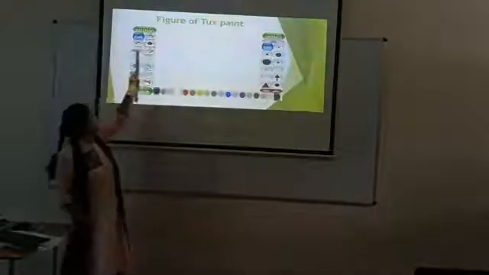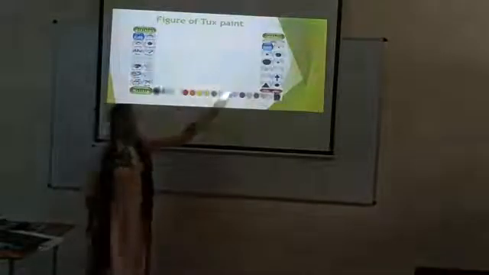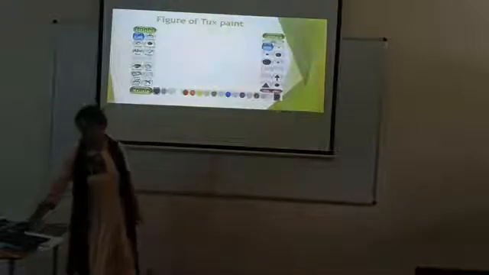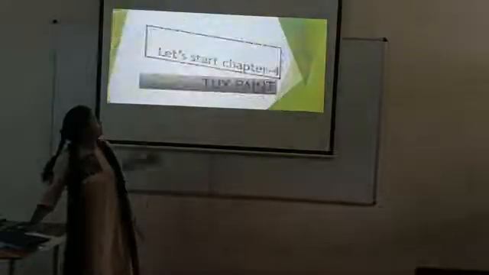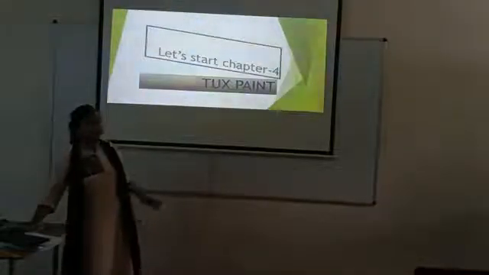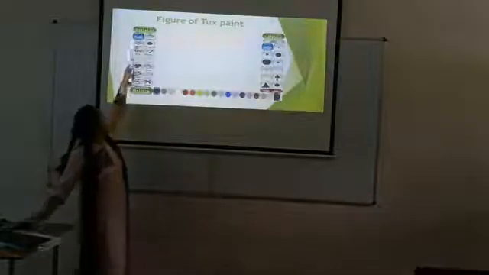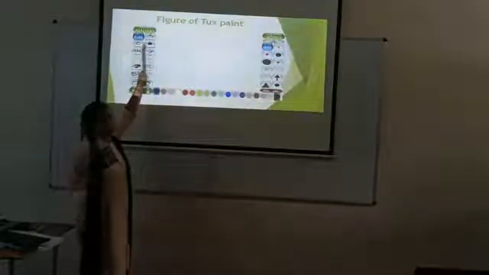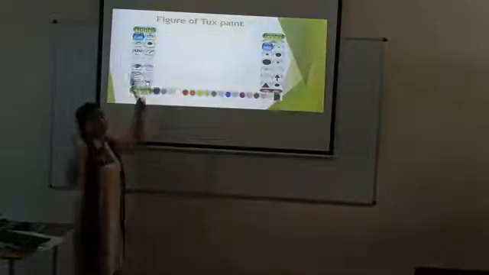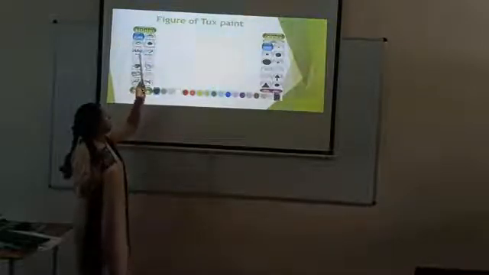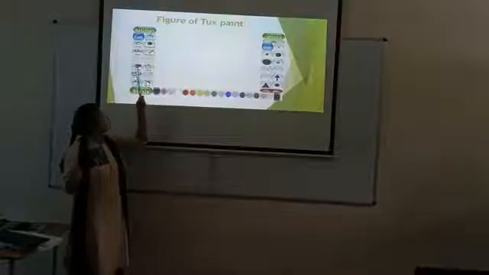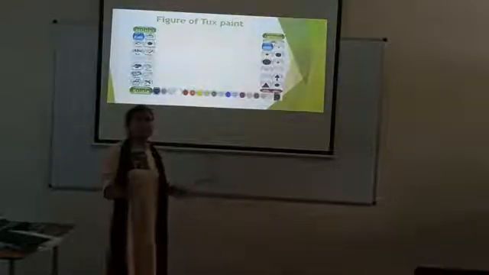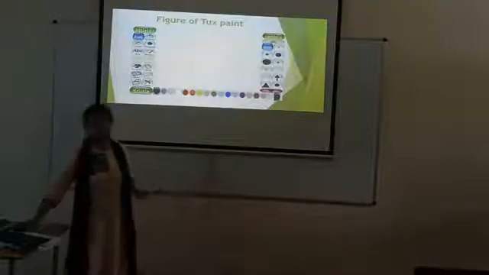See, magic tool is there, ABC text, line tool. These are all things I have already told you. So just revise it. I am going to revise in a quick way. Let's start chapter 4. I have already told you figure, paint, stamp, lines, shape. Already told you to draw different shapes. Okay, magic tool, drip magic is there, sub tool. We can write something from the text tool, eraser tool. I told you to erase anything. It is a quick way, because I have already explained a few topics of the chapter.